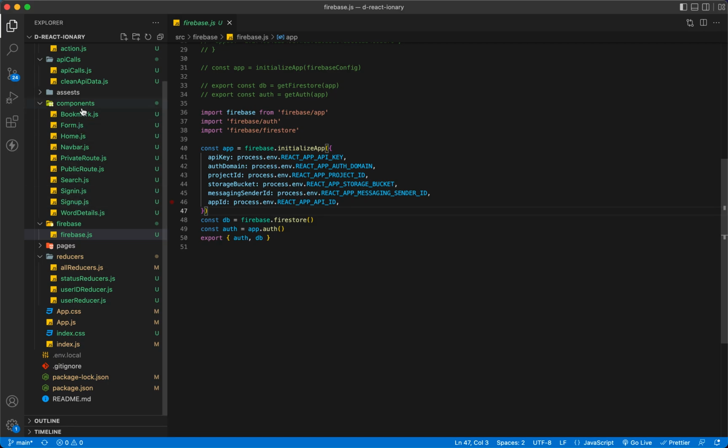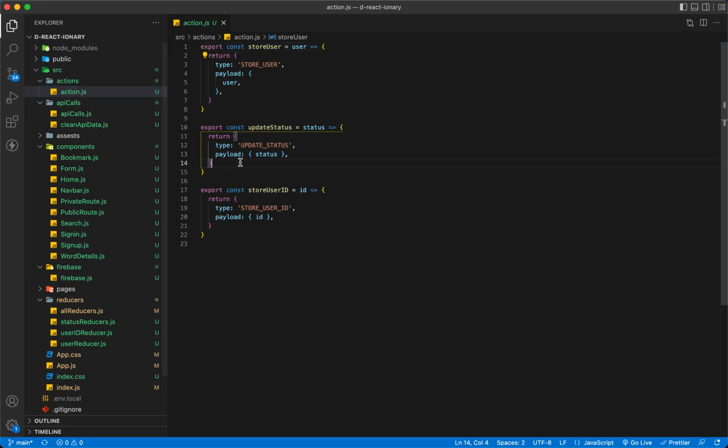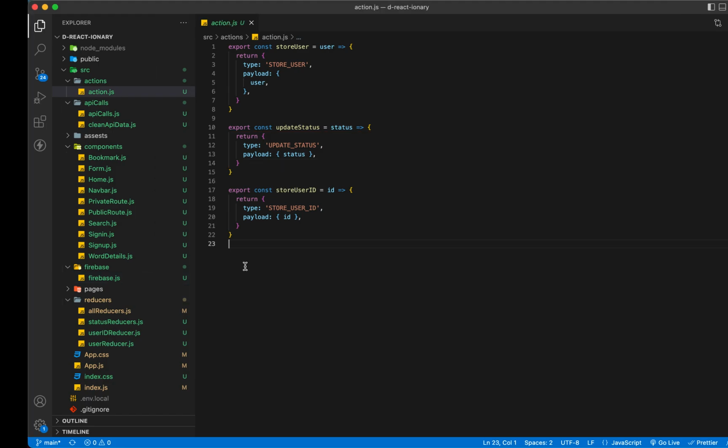I've also divided my UI into multiple components, so I can reuse them again and again to follow the React best practices. And for my Redux, I have created 3 different actions to store user, update status, and also store user ID. And that's how I've been managing the state. And to look at the application,